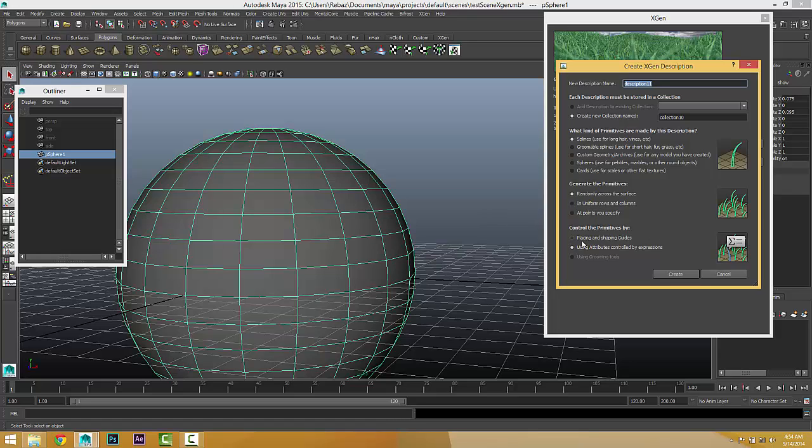Okay, we have got 3 options. We talked about one of them, which is using the grooming tool. It's only available when you choose groomable splines. But if you use any other options, the other 2 options will appear, which are placing and shaping guides, and using attributes controlled by expressions. Since up to now we only used this one, let's just go to spline and choose using attributes controlled